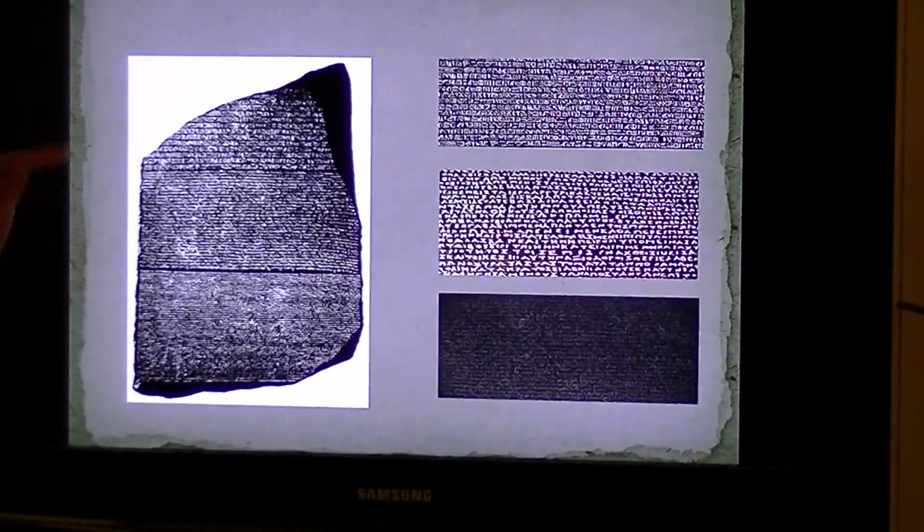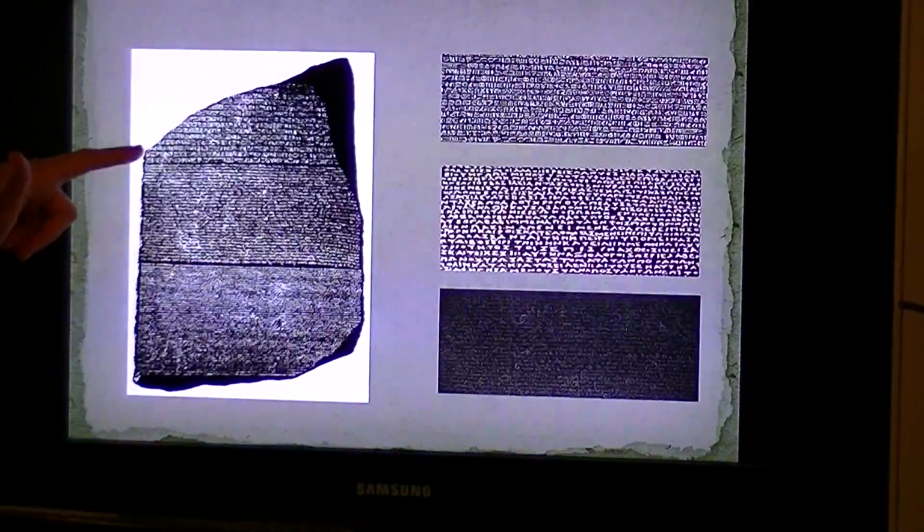Now, when scientists went to decipher the hieroglyphics, they didn't know how, because there was no written language for the hieroglyphics. However, Greek being a known language, since our New Testament was written in Greek, and it was spoken back then, they took the Greek words and looked for words similar, or numbered words similar in the hieroglyphics, and they used the Greek to interpret the hieroglyphics.